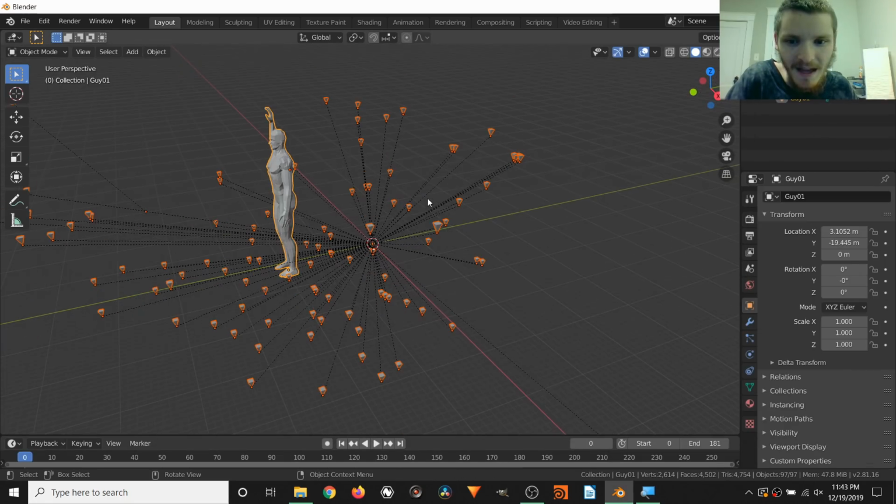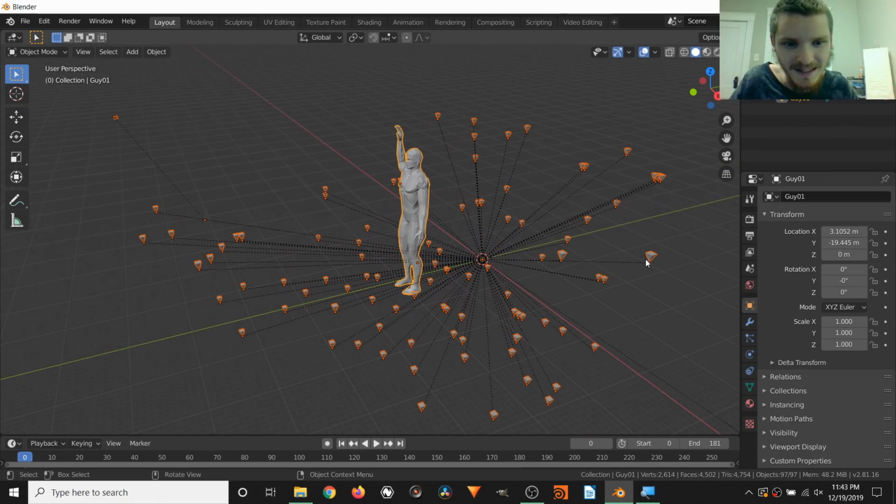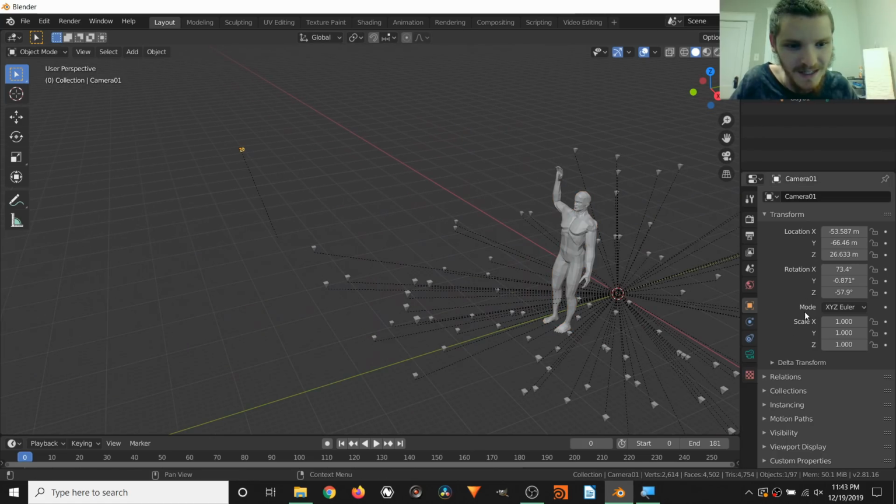There we go. And you can see that we get a whole bunch of stuff. This is because we kept it on default settings. We didn't say don't export the mesh. We didn't say don't export the camera, anything like that. Basically, what we have here is these are our trackers, these little pyramids. This is the mesh, and we have this very, very tiny camera,